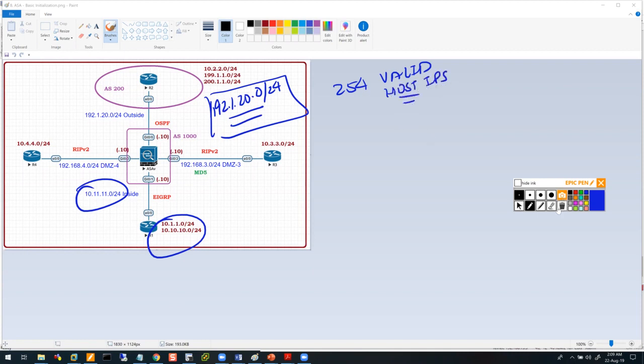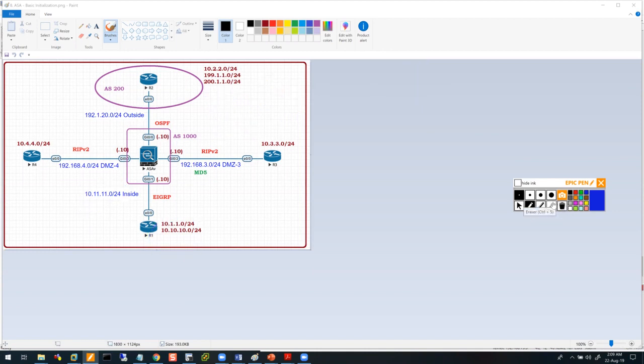Okay? So to get better connectivity, based on a smaller portion of IP addresses, I use the port numbers to make a unique translation entry in the translation table. So for example, let's say I had 10.1 trying to go out to the internet, but I've already used up about 150 addresses, that was 192.1.20.51 to 200, simultaneous addresses for the network 10.11.11.0/24. They're gone already. Now I have another subnet that also wants to go